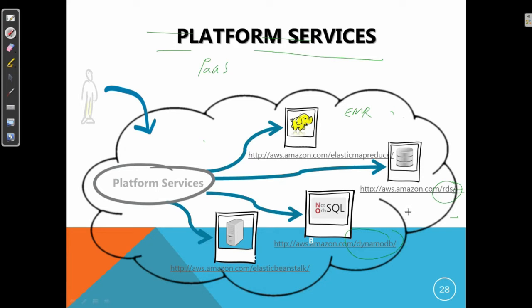Amazon DynamoDB is a fully managed, serverless key-value NoSQL database, which is designed to run high performance applications at any scale on the cloud. Then we have Elastic Beanstalk. Elastic Beanstalk is basically an orchestration service offered by AWS for deploying applications. Basically it orchestrates various services onto the cloud.